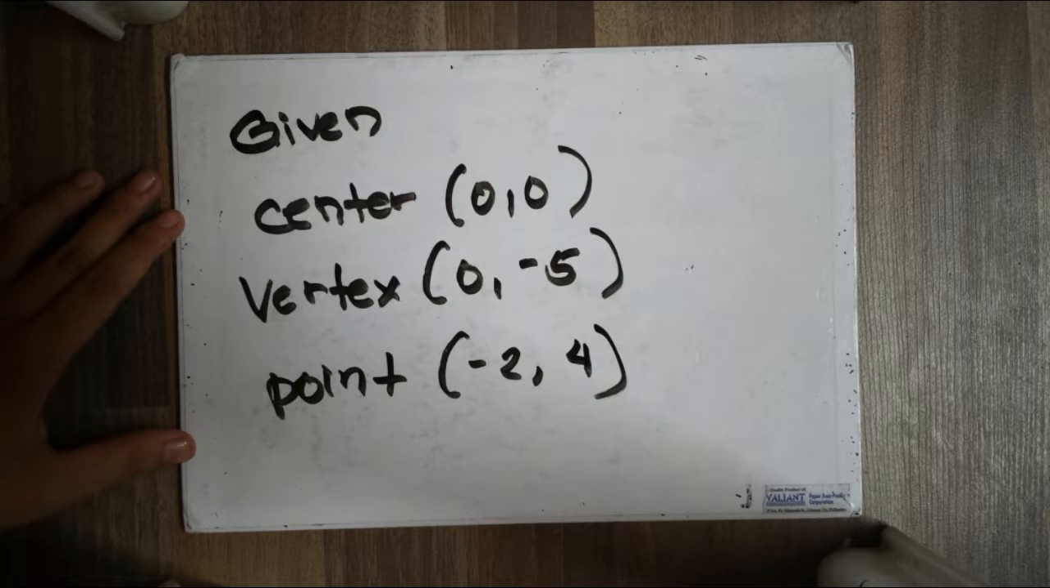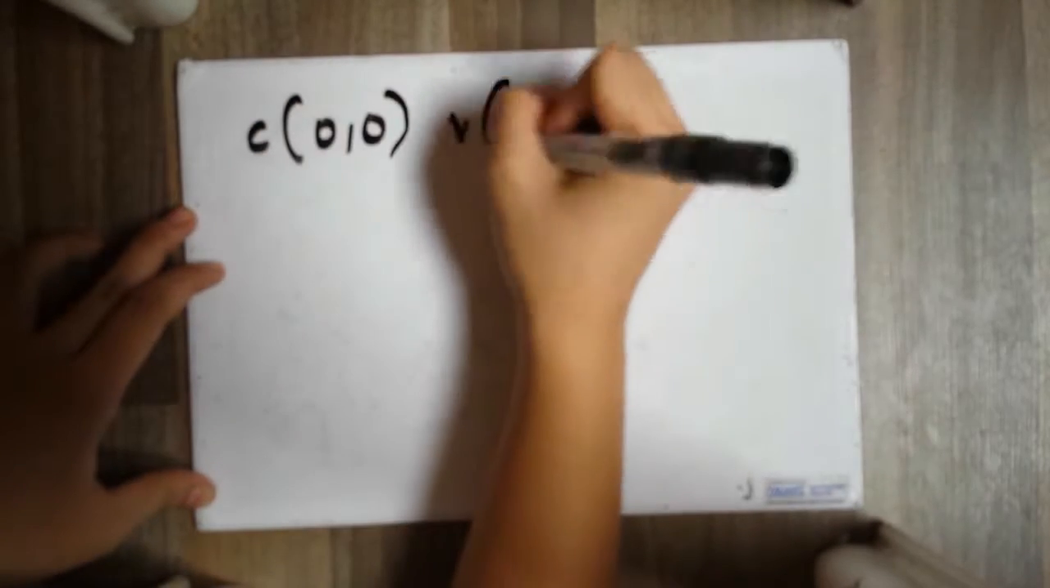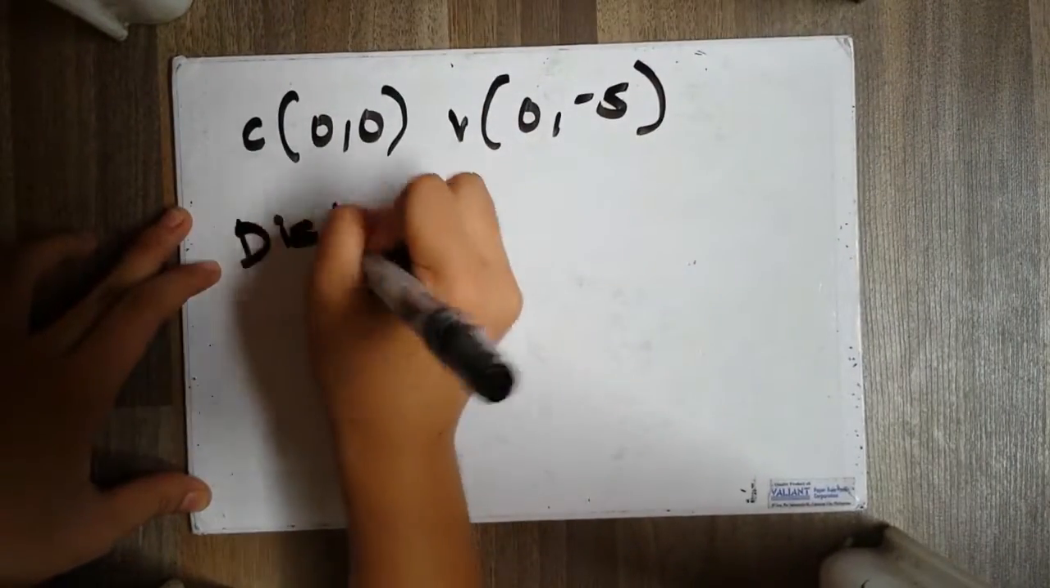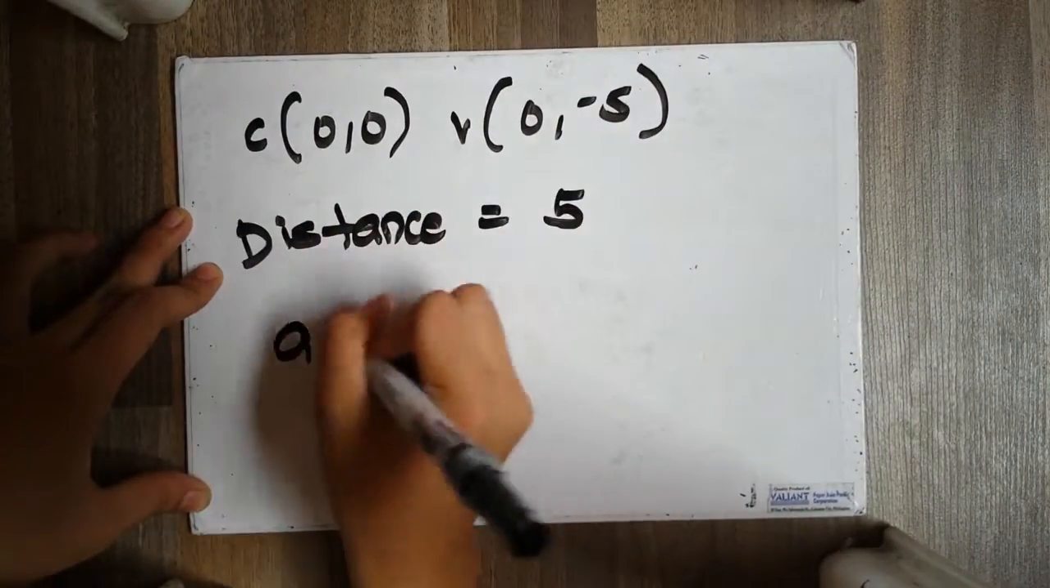For our third equation, the givens are center located at (0, 0), its vertex at (0, -5), and its point located at negative. Since our center is located at (0, 0), and our vertex is located at (0, -5),